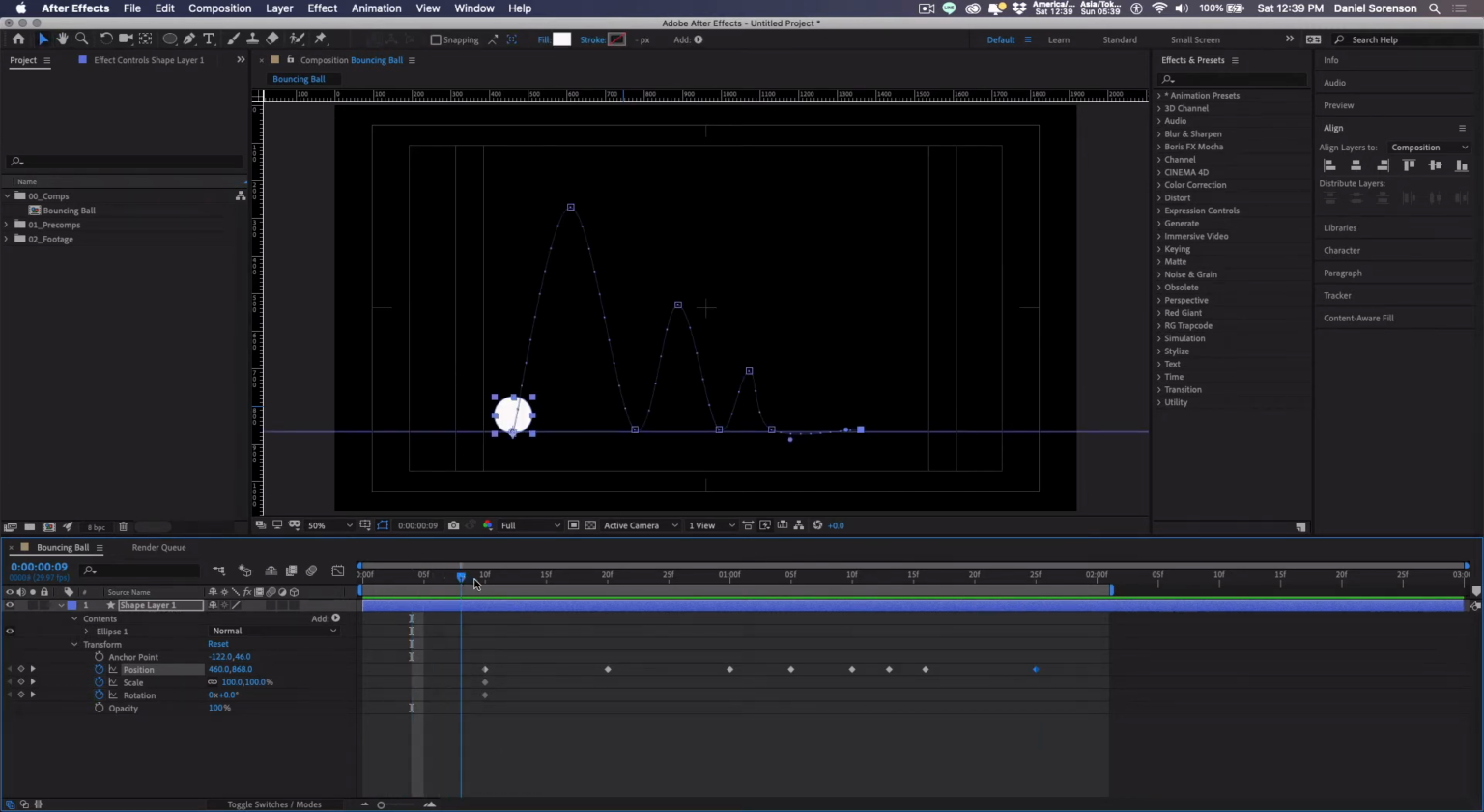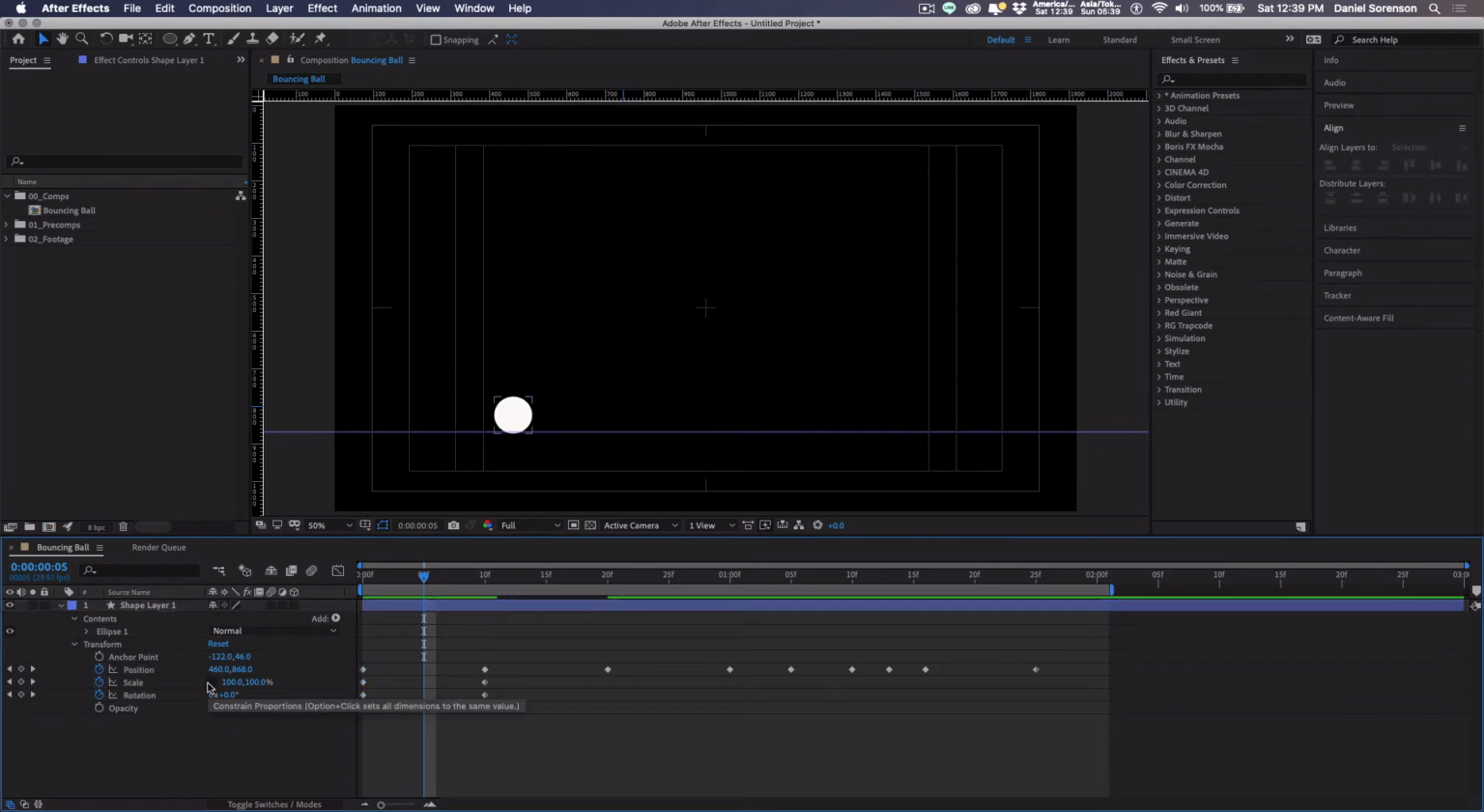Okay. Now for squash and stretch. First of all, I want to have a little anticipation. So I'm going to go to the beginning of my comp, and I'll put keyframes for position and scale. Scale is going to be at 100, 100, and at 0. At 5, I'm going to squash it a little bit and rotate it slightly so that I start getting a sense of